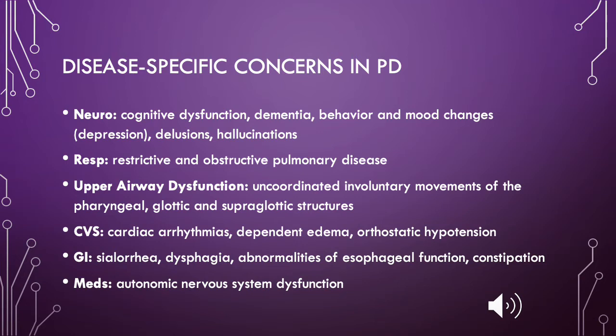Respiratory complications are the leading cause of death in patients with Parkinson's disease. These include both restrictive and obstructive pulmonary disease. An obstructive ventilatory pattern is observed in 1/3 of patients with Parkinson's disease and appears as a sawtooth appearance on flow volume loops. The chest wall rigidity contributes to the restrictive pattern and predisposes these patients to a high risk